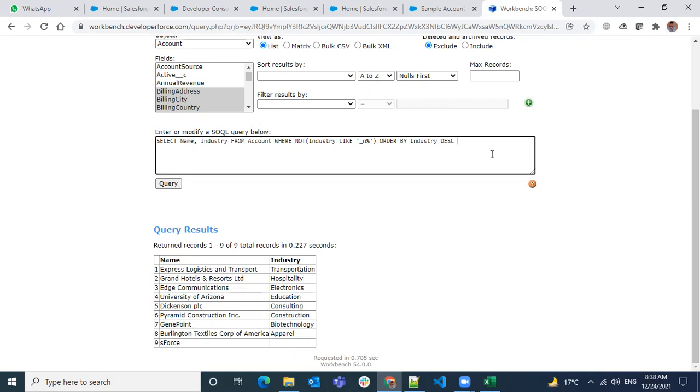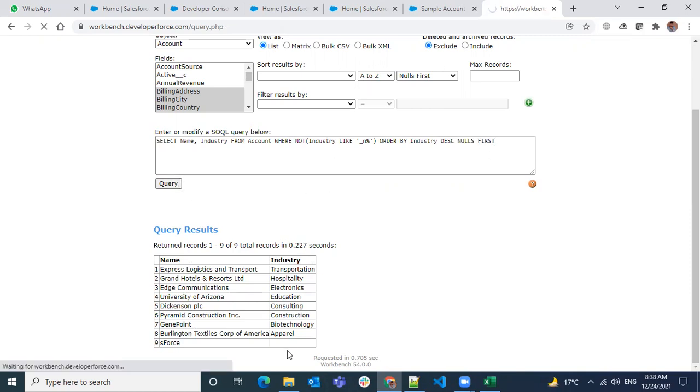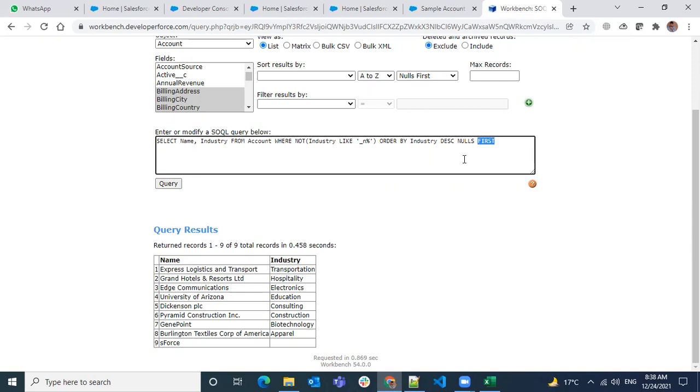So how can I give nulls first? Let me do a query with nulls first. It has to come first.